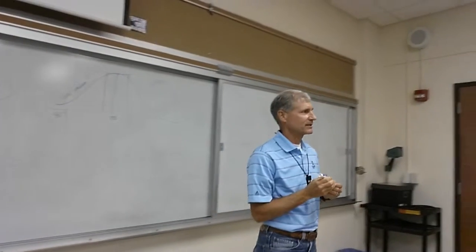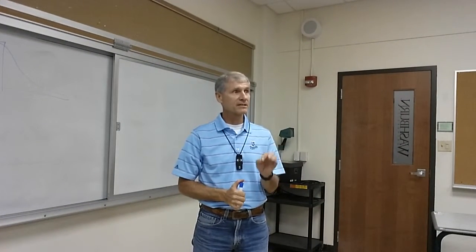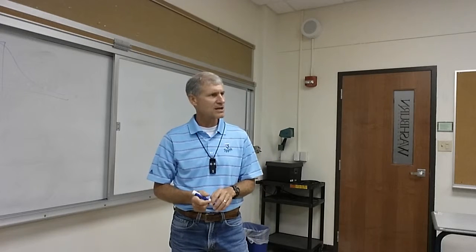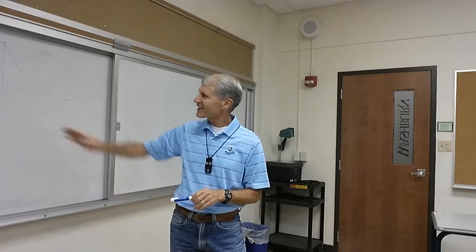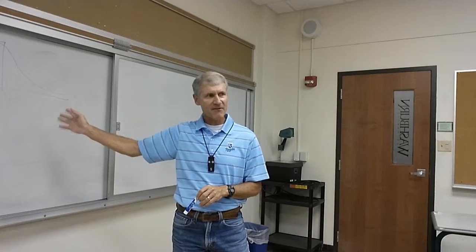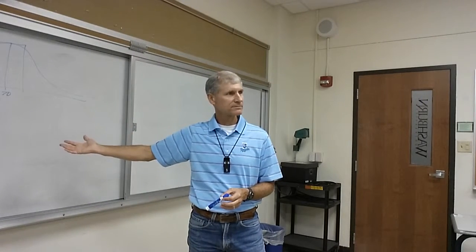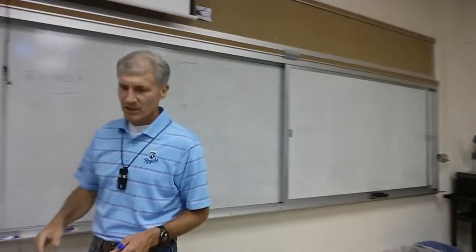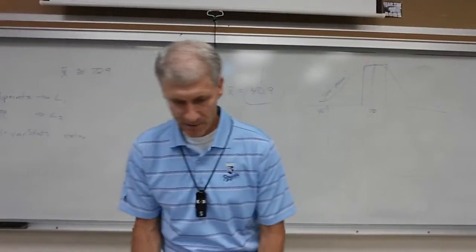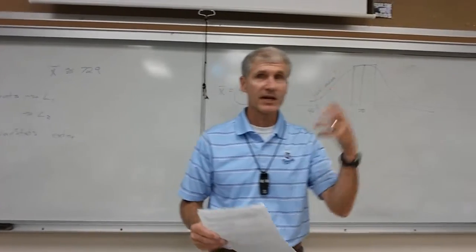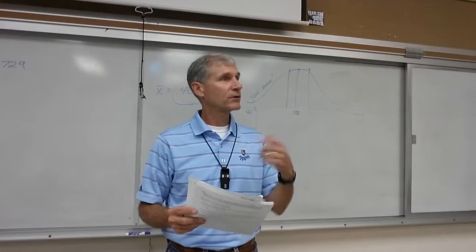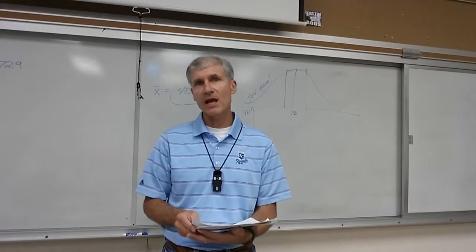Trying to get you to do what? To look at your answer, see if it makes sense. Does it seem right that the mean heart rate would be 40? Not looking at the data, the average should be in the middle, so it ought to be somewhere around 70. So I always encourage people, when you work these kinds of problems, to get a ballpark estimate in your head of what you think the answer ought to be close to, then go work the problem. If you get an answer close to that, then yeah, I probably got it right.